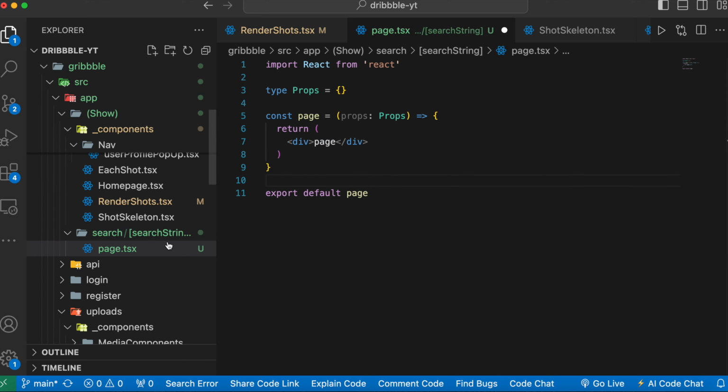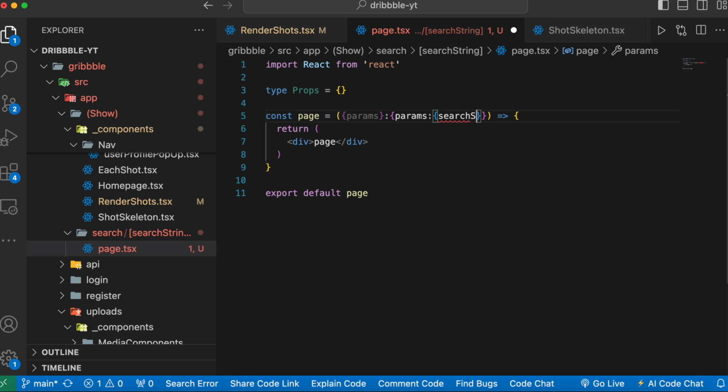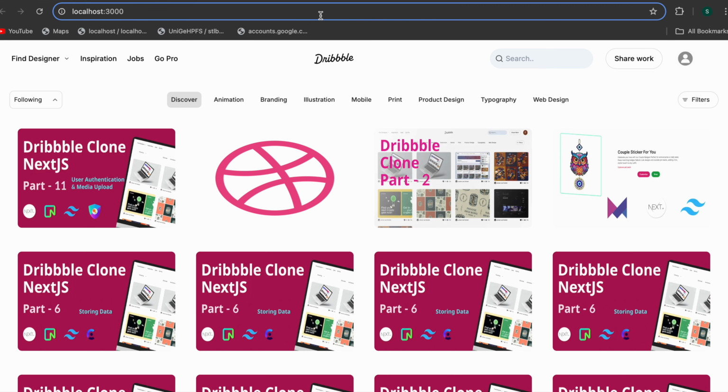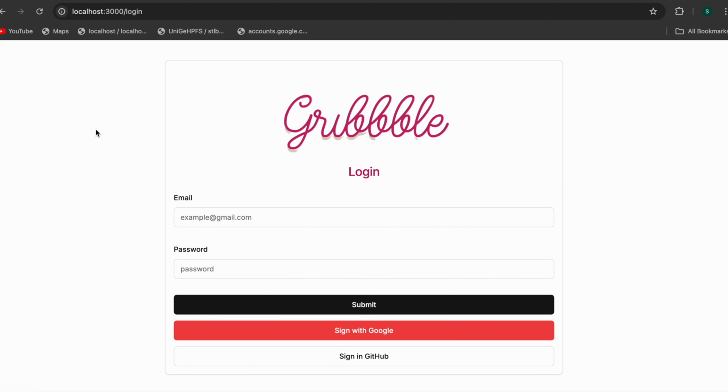Now I can get this search string param here. So let's remove this and we can write params, and from the params we are going to get the search string. So search string, which will be a type of string. Okay, now let's render it here. So params dot search string. Now let's save and go back here, and if I go to search and hello, we are going,